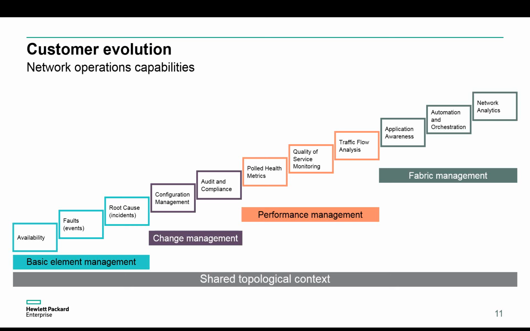Traffic flow analysis is key to understanding the application traffic that's flowing across our network, where it's flowing, who's talking, what they're talking about, and gaining that visibility edge to edge for traffic flows that are traversing the network. So that forms the basis for a more advanced set of capabilities that we're characterizing as fabric